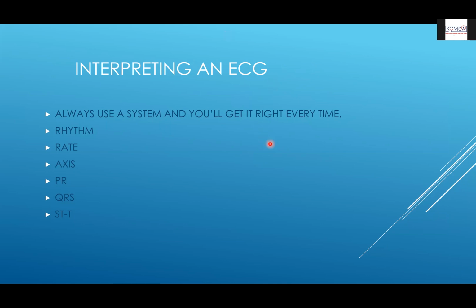Yeah. So when interpreting an ECG, always use a system. I still to this day use the same system that... the rhythm, rate, the axis, look at the PR segment, the QRS duration, and any